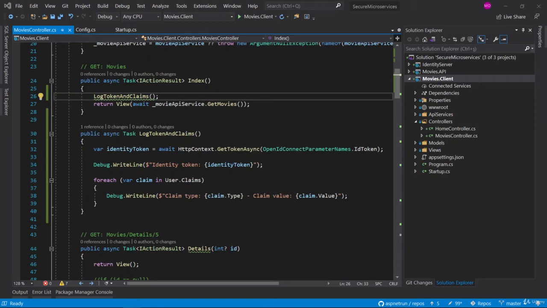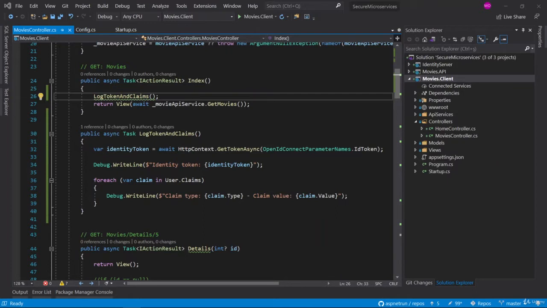In this video, we are ready for testing our functionality. We should see the overall picture with the movies client and the identity server now. We are going to run all projects in order to discover OpenID Connect from the MVC client application, and it will open the login window from the identity server. Let's take action now.